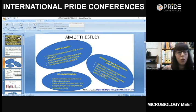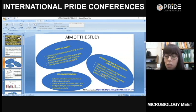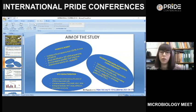Also, we obtained a very weak signal of the hydroxyl group in the spectra, indicating the possible interaction of this group with deuterium in the deuterium water solvent, which converts it to OD groups. The NMR chemical shift data, together with the FTIR data and HPLC techniques, improved the approach to the structural classification of the exopolysaccharides. And on the right part of this slide, you can see the FTIR spectra that we obtained,